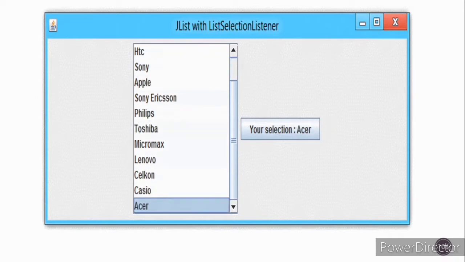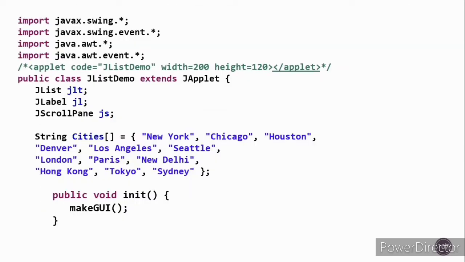Instead of obtaining the index of the selection, you can obtain the value associated with that selection by calling the getSelectedValue method. It returns the reference to the first selected value. If no value has been selected, it returns null.